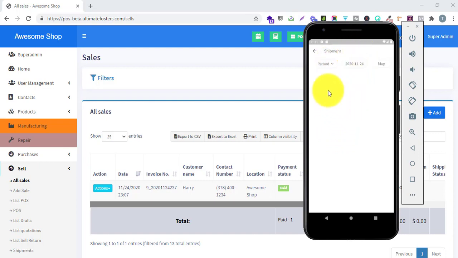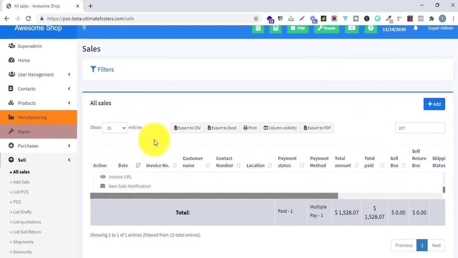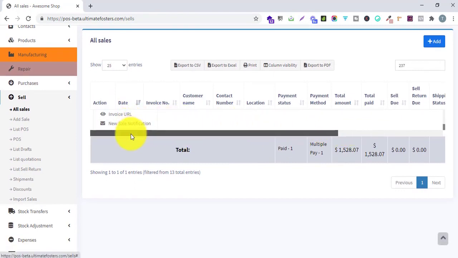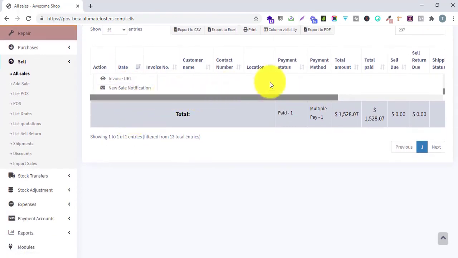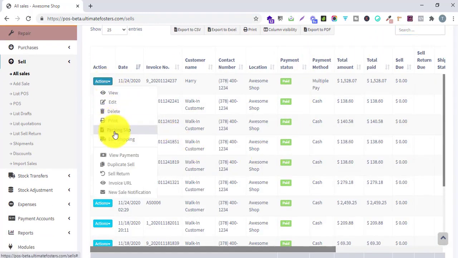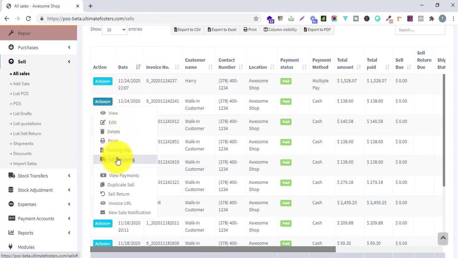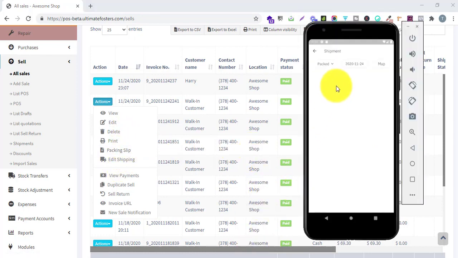here in the shipments, it will show you the list of all the shipments. If you are creating any shipment in the online system, let me just go to the online system, here you can add shipments from here. Edit shipment, edit shipping here. If you add any shipments, then after the shipment has been added, it will show you the list of all the shipments where you have been assigned.